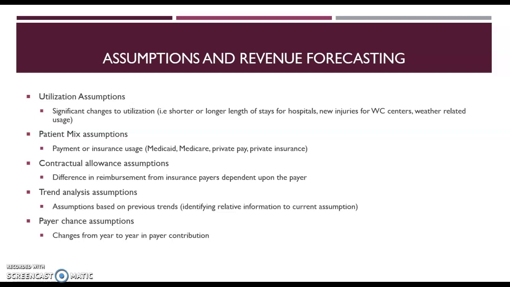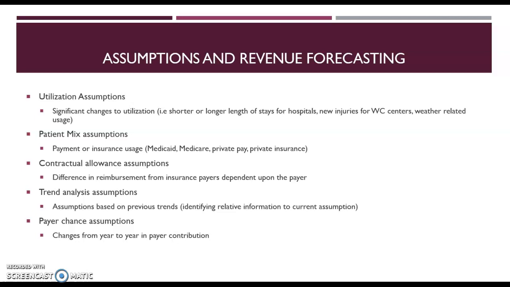Patient mix assumptions, just payment or insurance. Are they state funded? Are they privately funded? Are they paying out of pocket and considered a private payer? Contractual allowances, meaning the difference in reimbursement from insurance payers. The reimbursement from Medicaid or Medicare may differ from that of Aetna or Blue Cross Blue Shield, and it may also differ for work comp insurances. A company like Pinnacle versus Travelers versus Sedgwick, their rates may differ